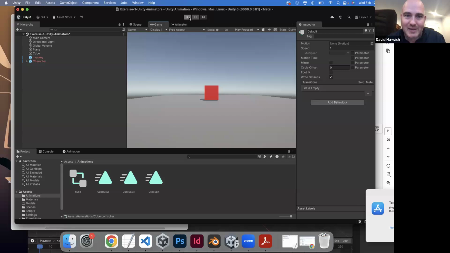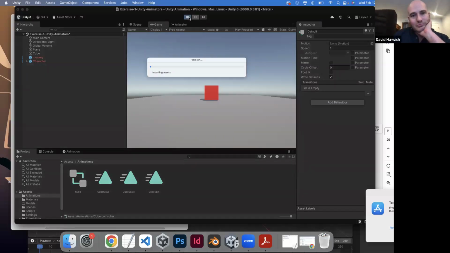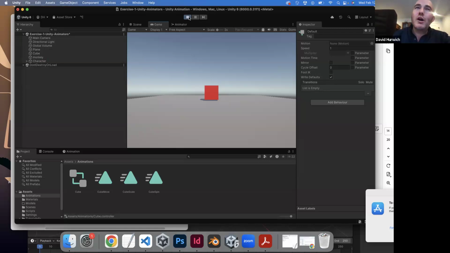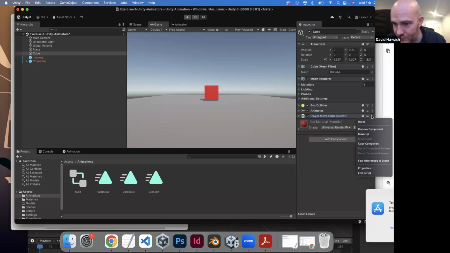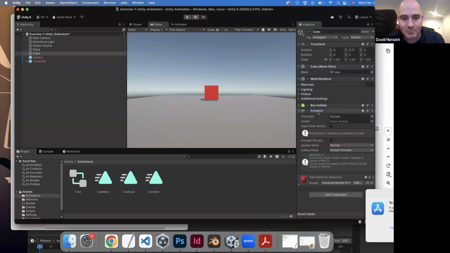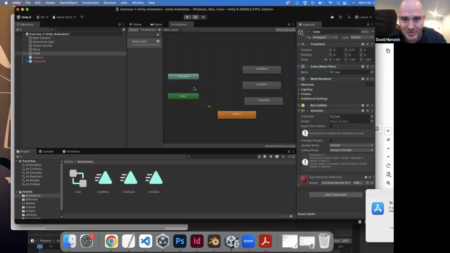What that means is, when I play, nothing's going to happen. Now, what if I wanted to trigger one of those animations, like the cube move or the cube spin? So here in my game, here's my cube, and you're going to notice that the cube has an animator component applied to it, the cube animator component. So it's basically telling the cube model what to do when the cube starts, which in this case